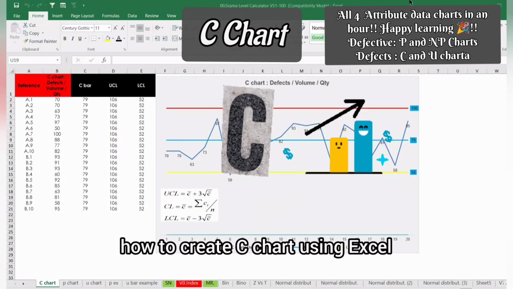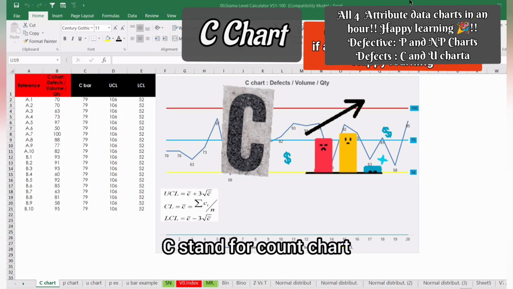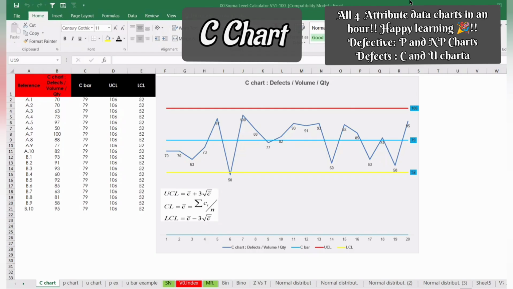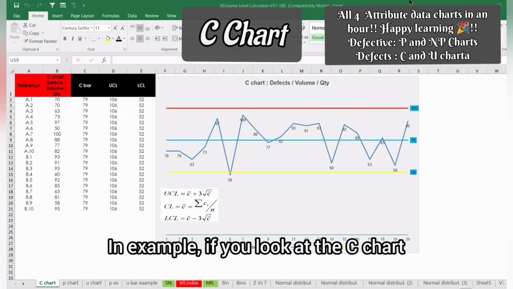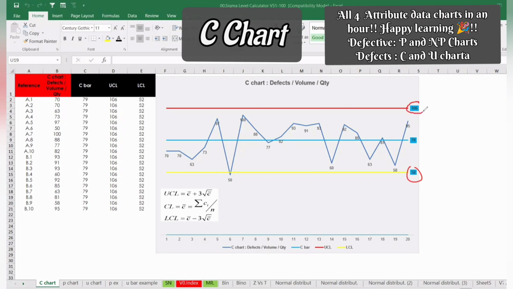How to create a C chart using Excel. C stands for count chart. To do the count chart or any control chart, the control chart carries formulae, and based on that the control limits get calculated. For example, if you look at the C chart, we are talking about LCL and UCL,